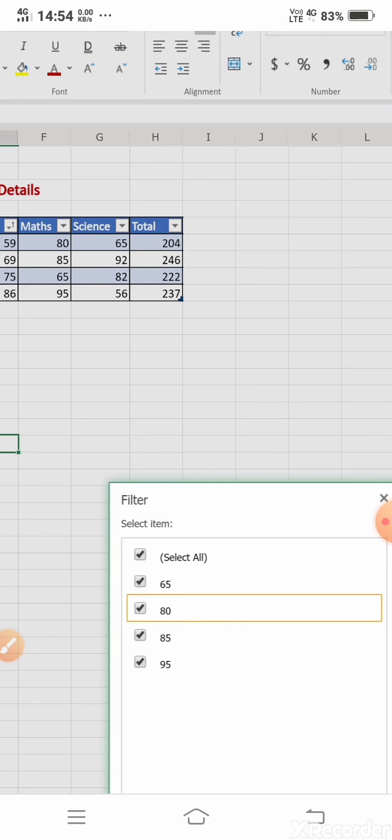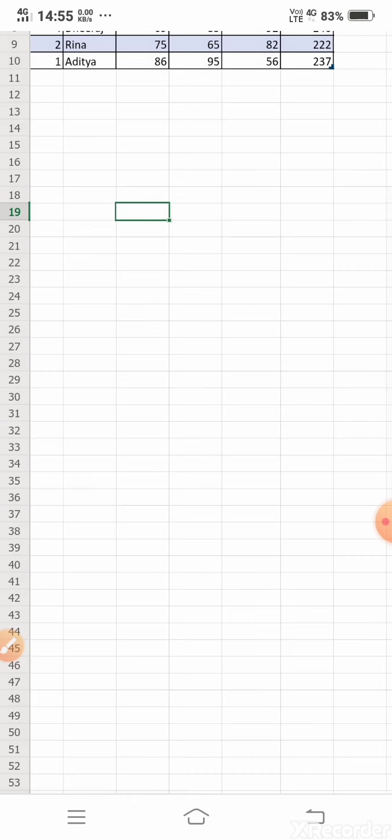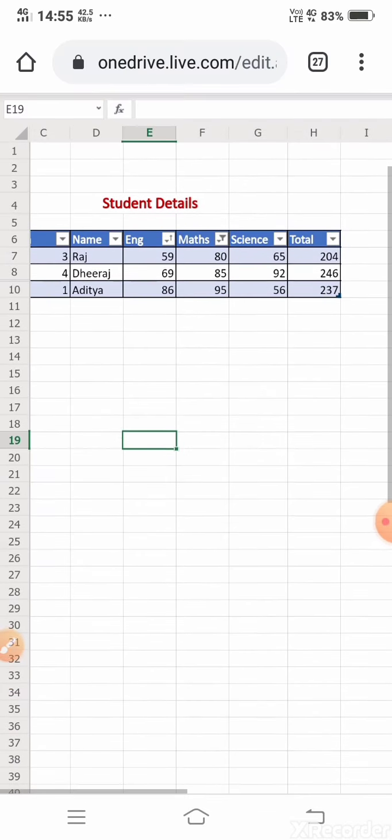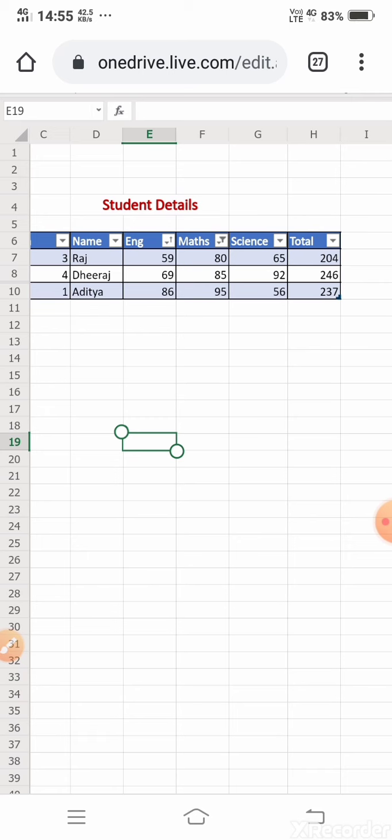Say you want the students whose marks are 80, 85 and 95, and you don't want marks less than 80, so I don't want 65. Then click OK. See, the student who got 65 in maths is no longer in the list.